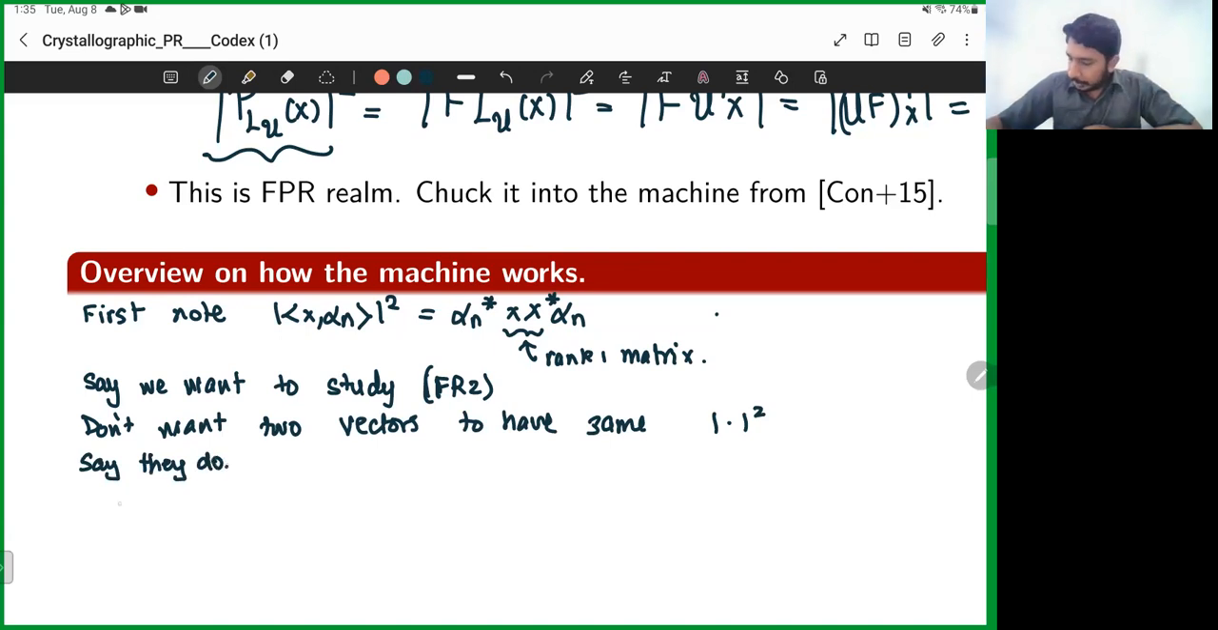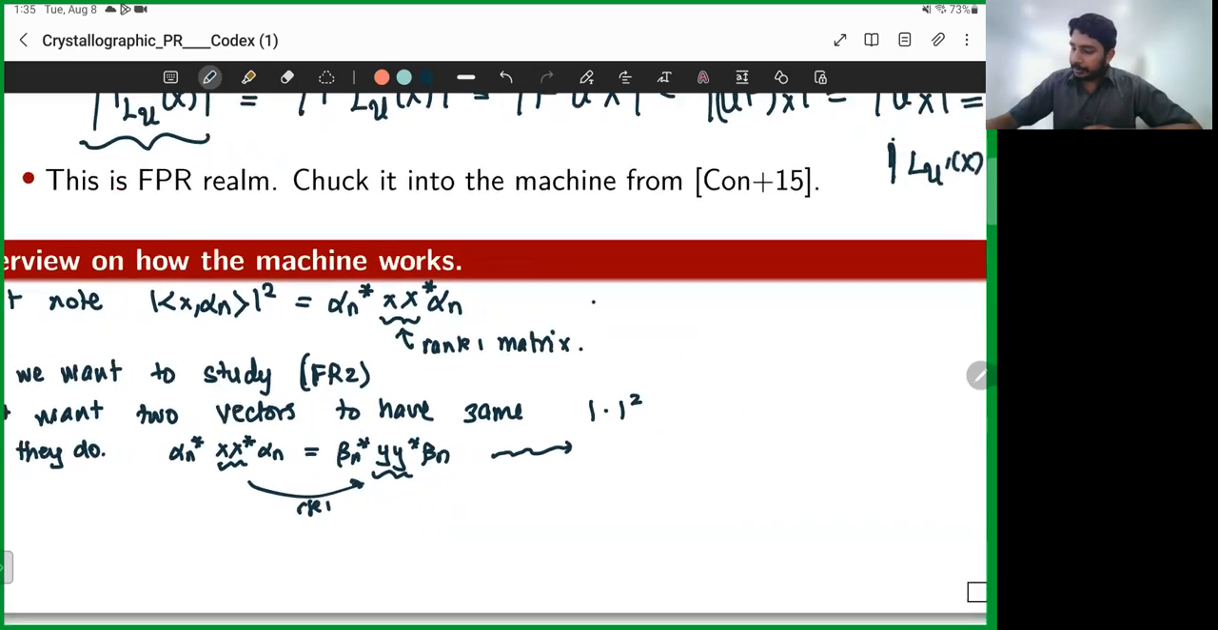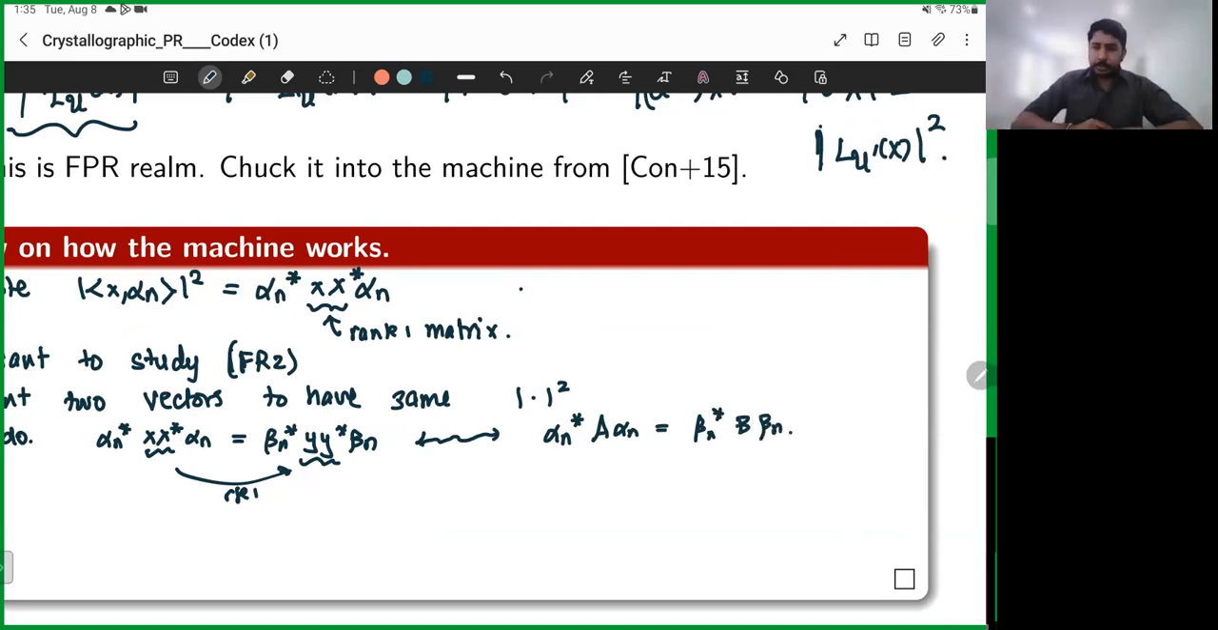Okay, so we have this alpha_n star, x x star, alpha_n is beta_n star, y y star, beta_n, and these are rank 1 matrices. And so instead of studying things about signals, I can start studying things about rank 1 matrices. So I can translate this problem where I'm solving equations of this kind, beta_n star B beta_n,